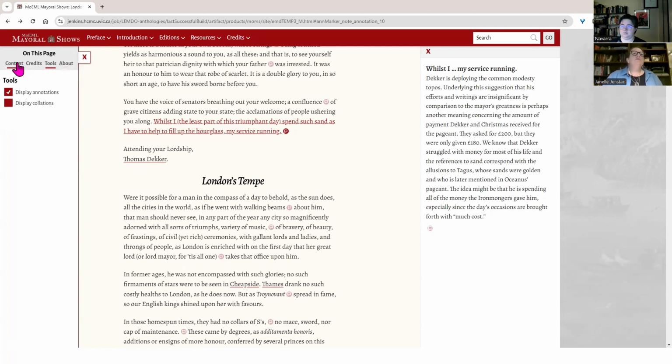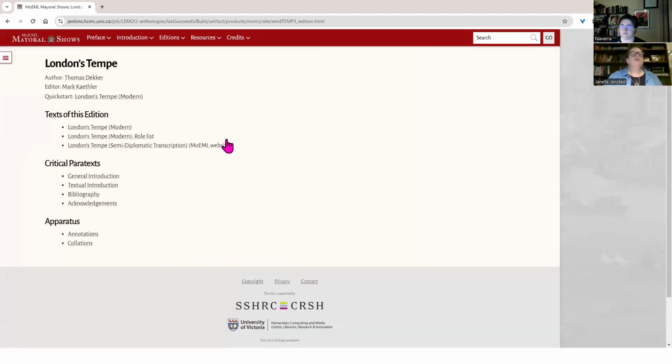Another thing that you can do is view all of the annotations in one single file. So this was a feature request from peer reviewers. They wanted to be able to see all the annotations in one place. And we agreed that it's important for peer reviewers and editors and users to be able to see all the annotations at once. If you're working with a printed book, you can flip through and you can see how many annotations are at the bottom of the page and get a sense of the richness of an edition. It's hard to do that in a digital edition. You'd have to click on every single note to get a sense of that.